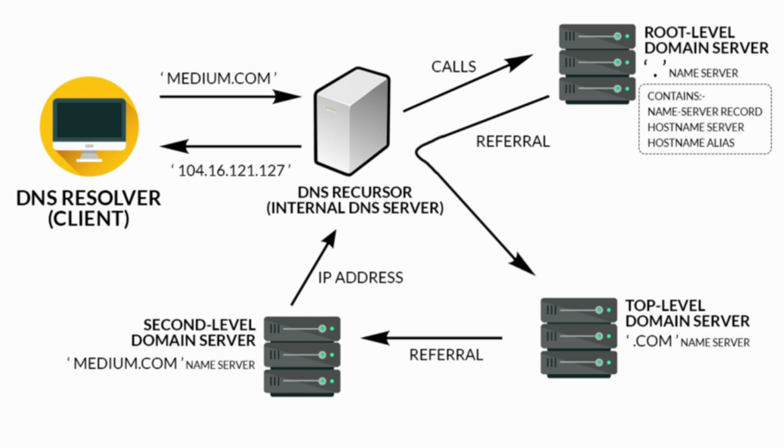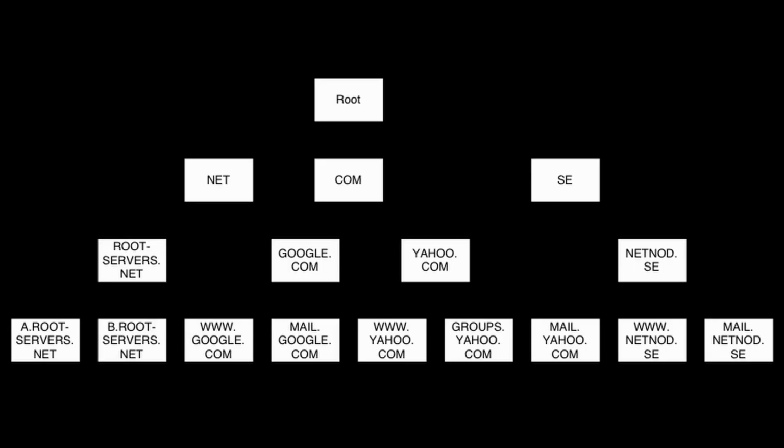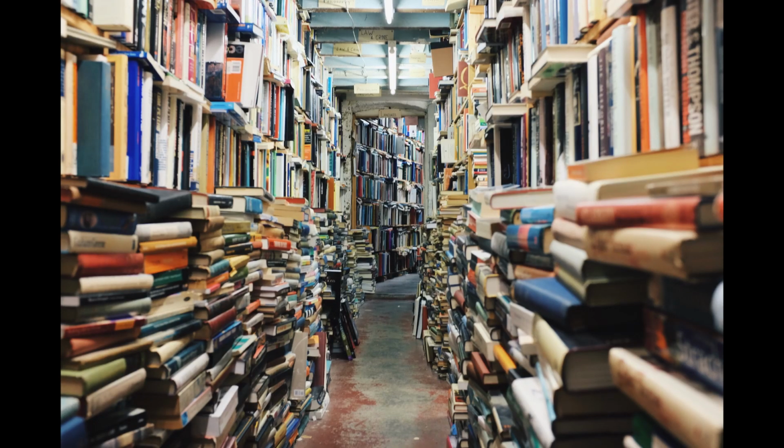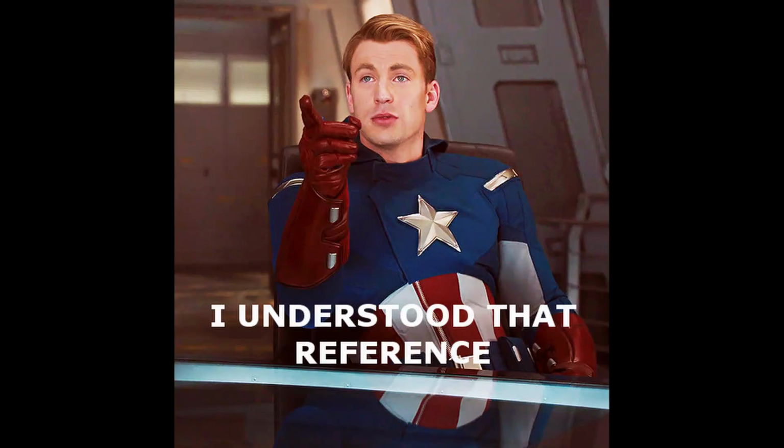The DNS recursor is a server designed to receive queries from client machines through applications such as web browsers. Typically, the recursor is then responsible for making additional requests in order to satisfy the client's DNS query. The second server is the root name server. The root name server is the first step in translating, or resolving, human-readable host names into IP addresses. This can be thought of like an index in a library that points to a different aisle of books. Typically, it serves as a reference to other more specific locations.